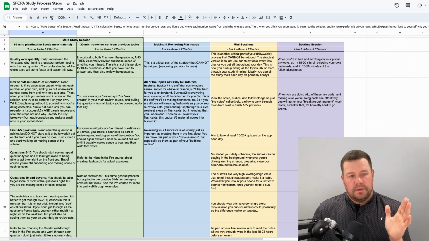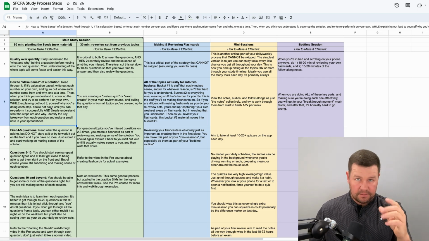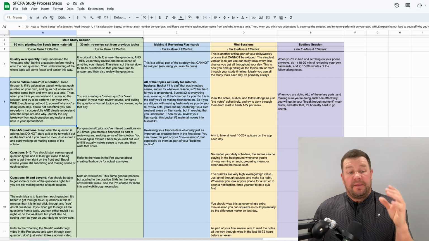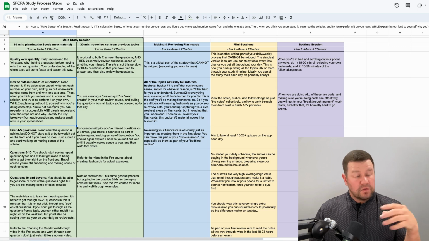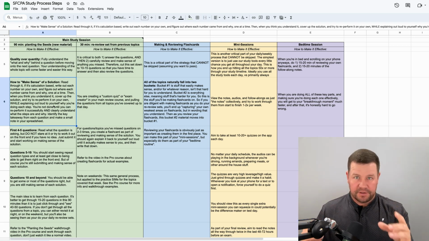So, to sum this part up, you're not done with a question until you can reperform it successfully and remember what the steps are. Again, this is if it's calculation based. And then also be able to explain to yourself why you're doing what you're doing as you go through that solution.